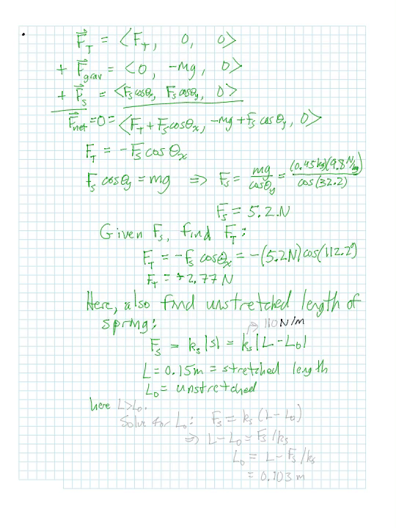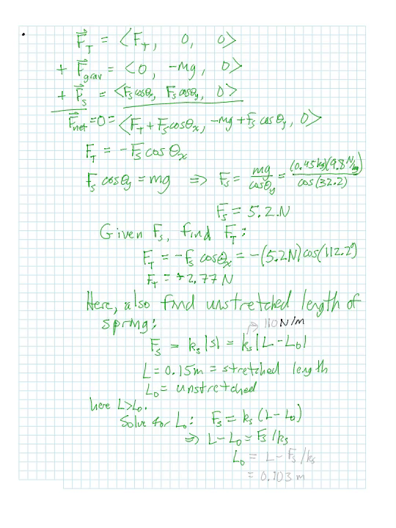Okay, so where do we go here? We have a number for Fs, that's 5.2 newtons. We were given a number for Ks, so we can solve for L0. So let's see, Fs equals Ks, L minus L0. I'm dropping the absolute value because I know L is bigger than L0. Divide both sides by Ks, so L minus L0 is Fs over Ks, and so L0 must be L minus